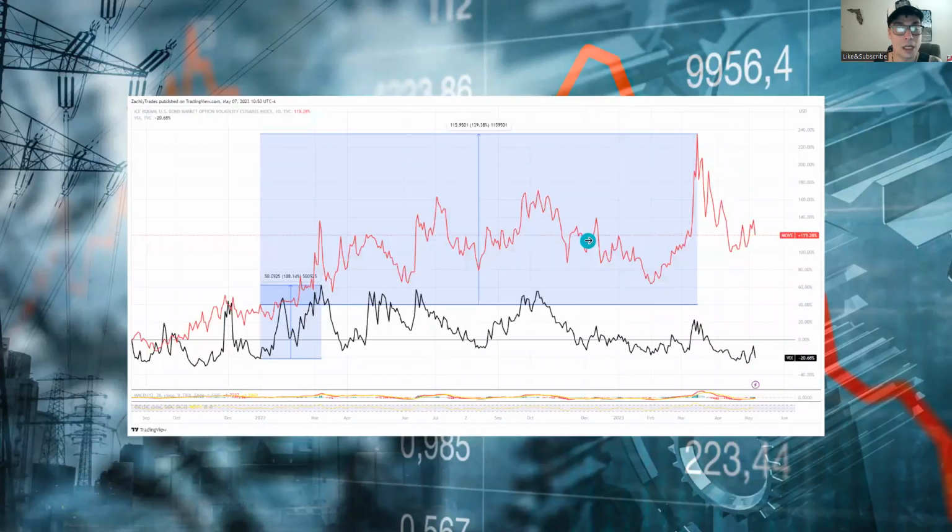Now, I mentioned we're going to talk about bond market volatility. What we have is the bond market volatility here in red, and the stock market volatility here in black. What I want to highlight, if we look at the beginning of 2022 to the peak in stock market volatility, the VIX index went up a total of 108%. That was the highest it has gone. It hasn't seen a bigger increase since the first quarter of 2022. It's actually made lower highs each single time when it comes to stock market volatility.